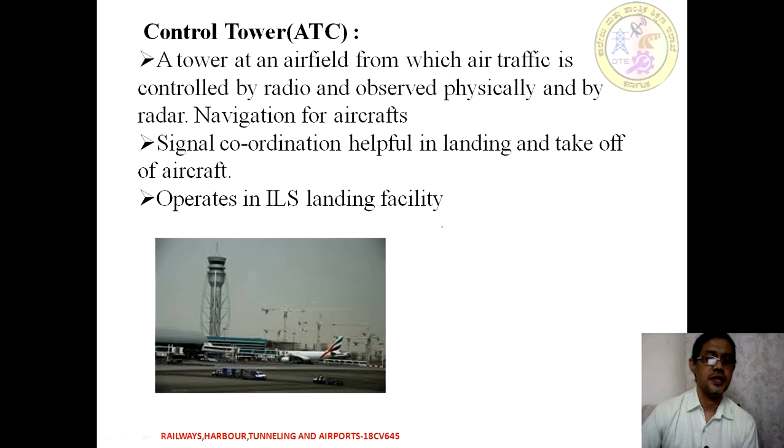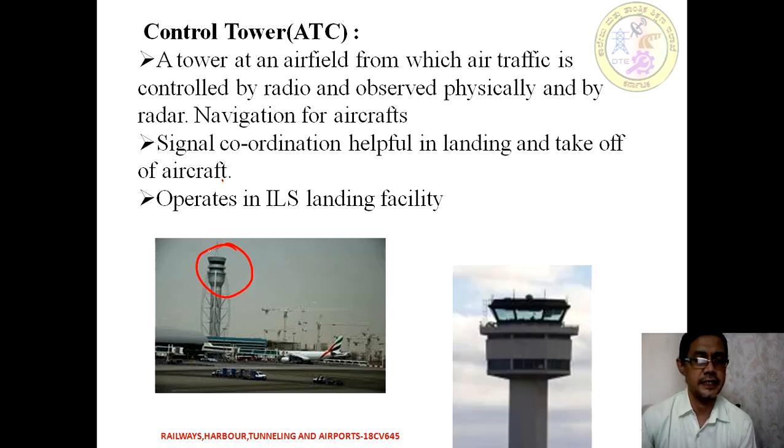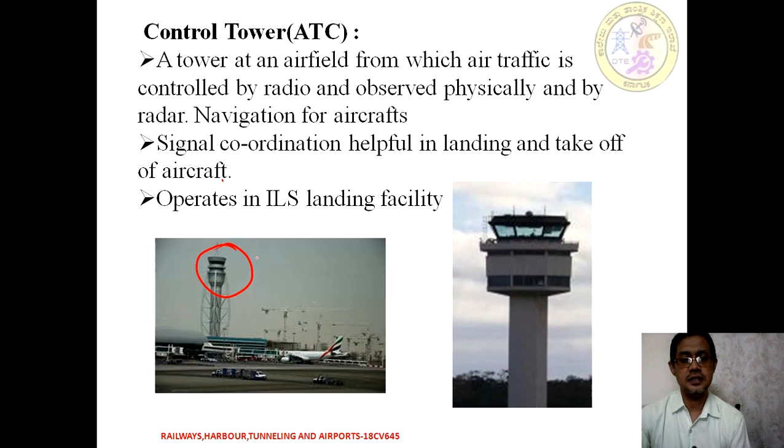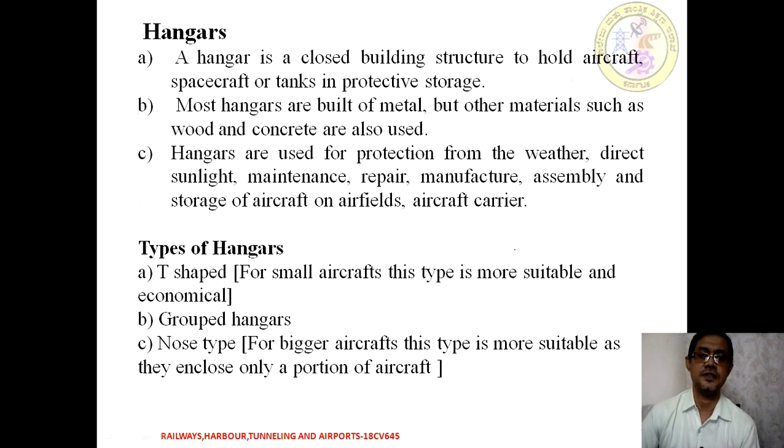This is the image where we can see the ATC cabin or control tower, from which we give a guided path. This is another image. The tower is placed at a height so that the controllers can watch in horizontal and vertical paths to give commands for the safe operation of an aircraft.